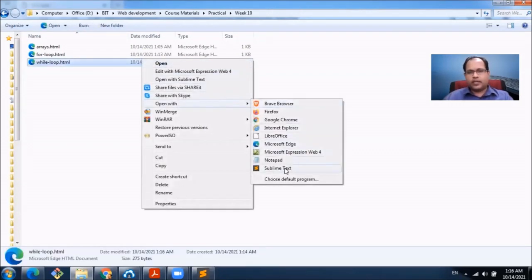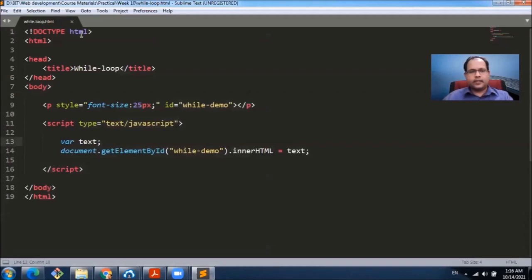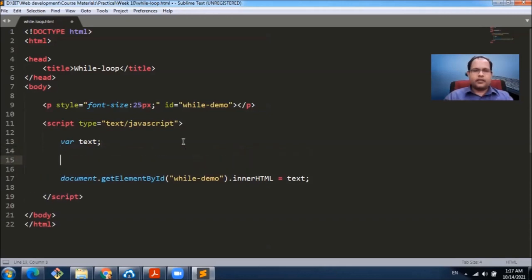I'm opening this one here. It also has the same structure that we have been using, and we have a variable called text, and at the end of the program, we assign that text into this while demo paragraph, right?